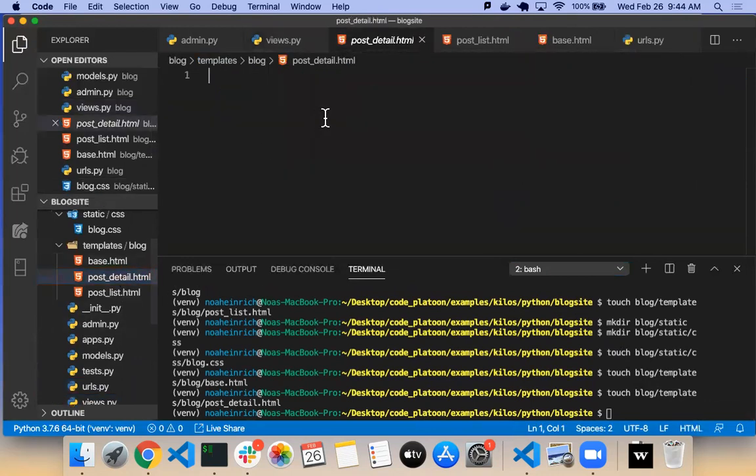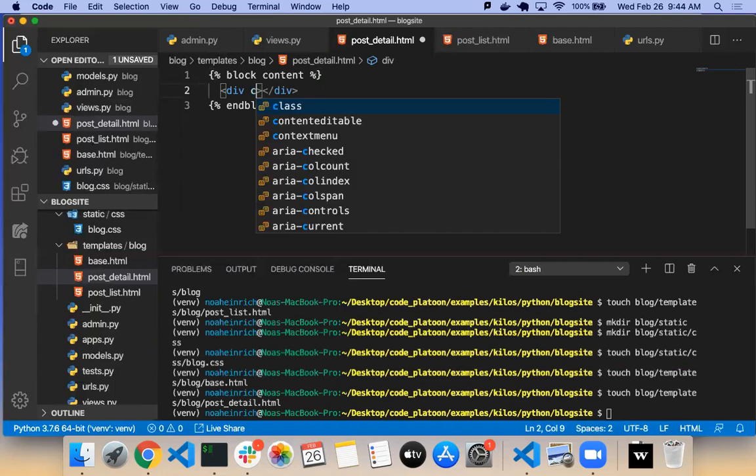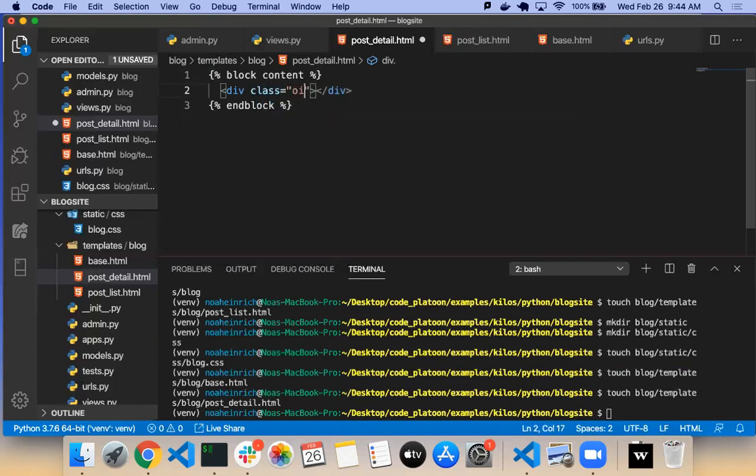So remember, in this case, we can just set up our block content right now because we know that's what's going into our base. And block. And we could do something like div class equals post. Do we need the extend?